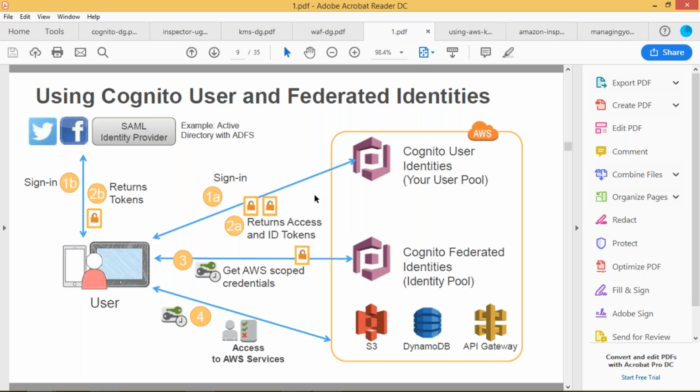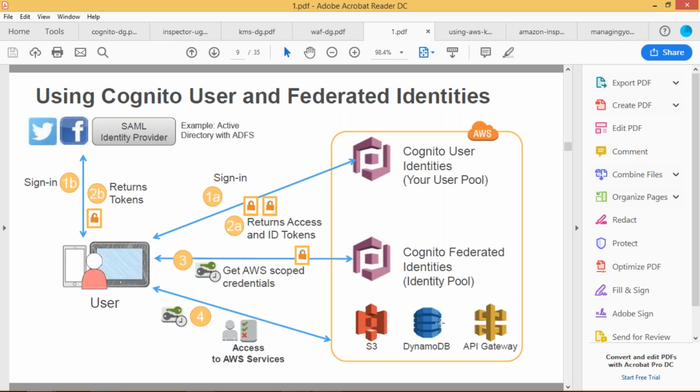So this user is going to be checked for authentication, authorization, and user management. In the user pools, it is checked whether the user is available or not. The second option is that he can just log into a Facebook or Twitter account, or different applications. The different applications go to the particular Cognito Federated Identity ID pool. Then it is checked that it is the right user, and then it can provide access to the different